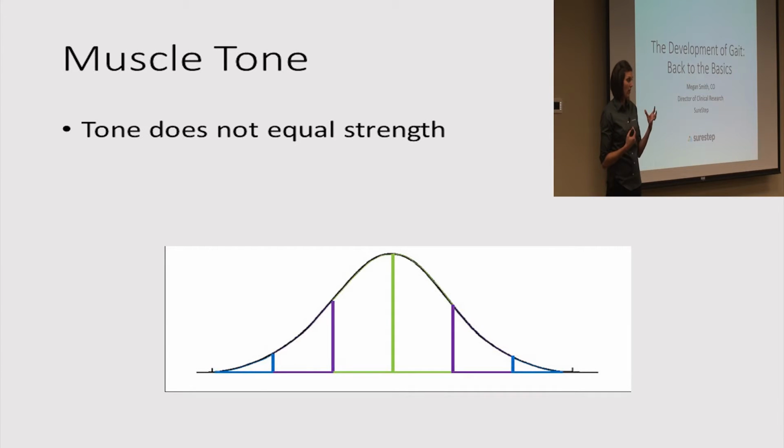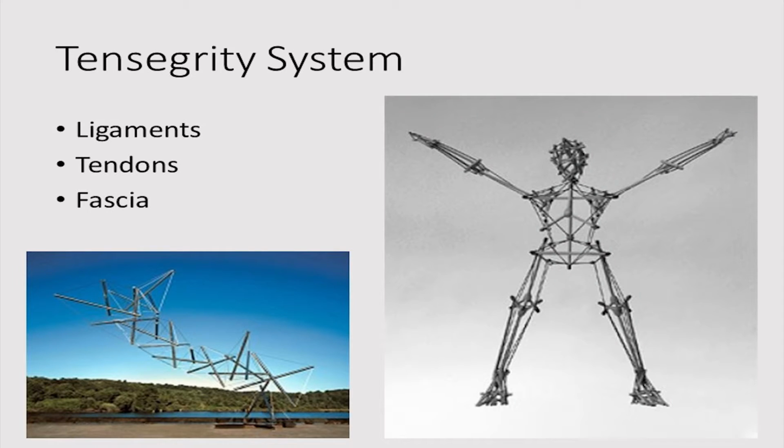So underlying the tone and spasticity of a child with cerebral palsy, that muscle is actually weak. So I think it's important that we educate our parents and get on the same page, letting them know that tone does not equal strength. Okay, so the tensegrity system, I think there's still a lot that we don't quite know about the tensegrity system